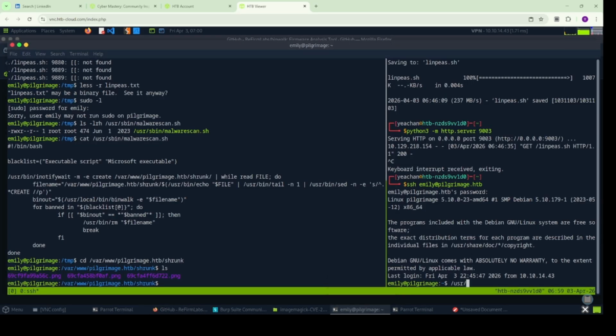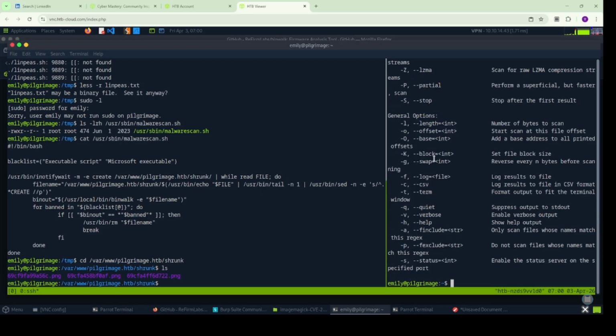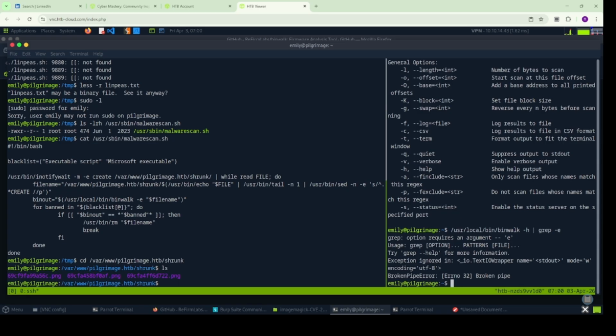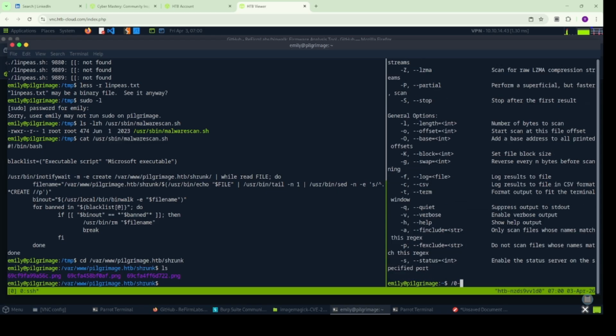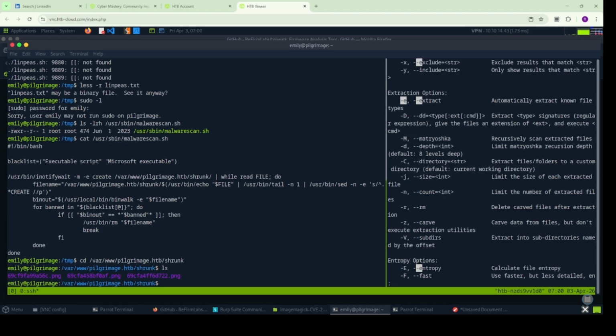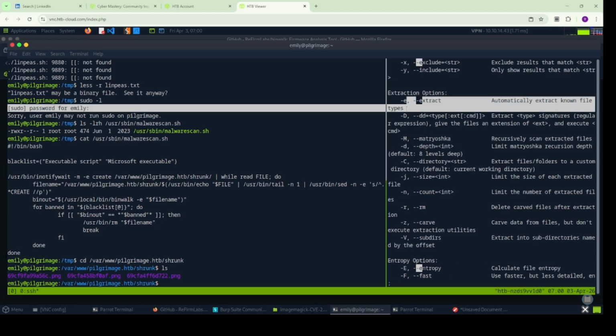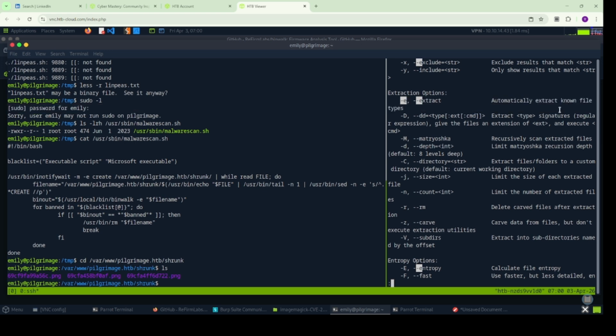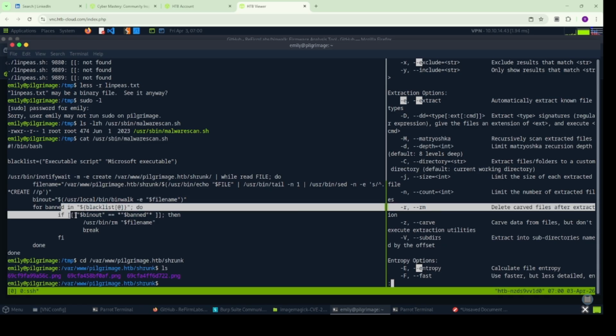So we can also use local binwalk. What does this e flag mean? I think it extracts, so it automatically extracts known file types. So it extracts this, and then